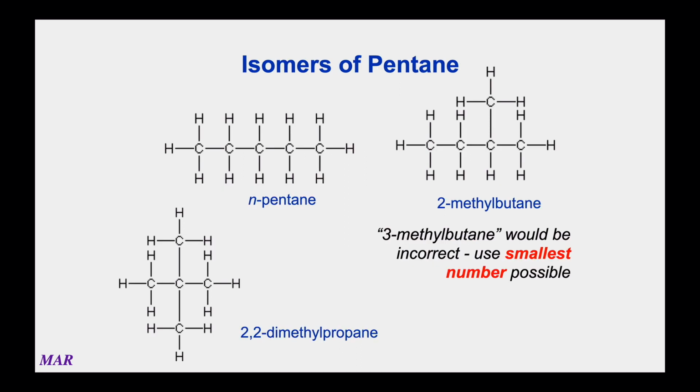Pentane is 5 carbons, a pentyl group with a hydrogen on the end. And if they're all in a row, then you get to N-pentane, which we're going to start using now because there are isomers of pentane. Now, the formula for pentane, N-pentane, is C5H12. So all these 3 structures have 5 carbons and 12 hydrogens.